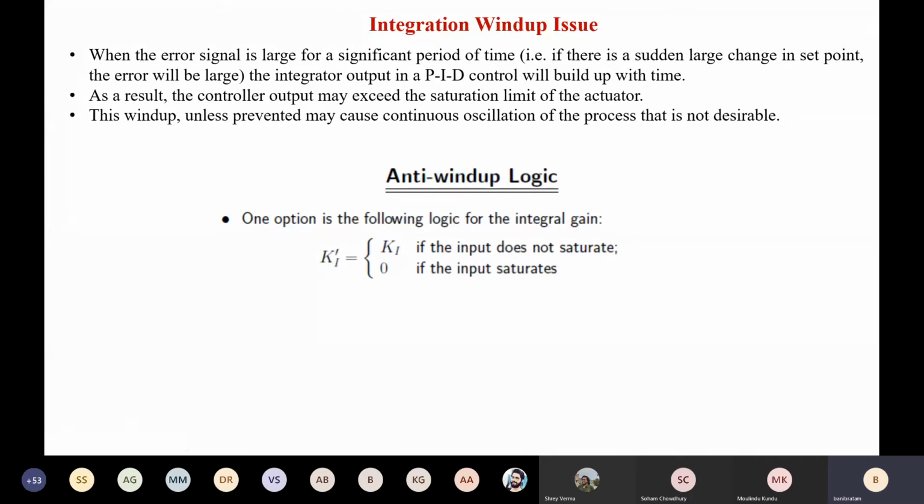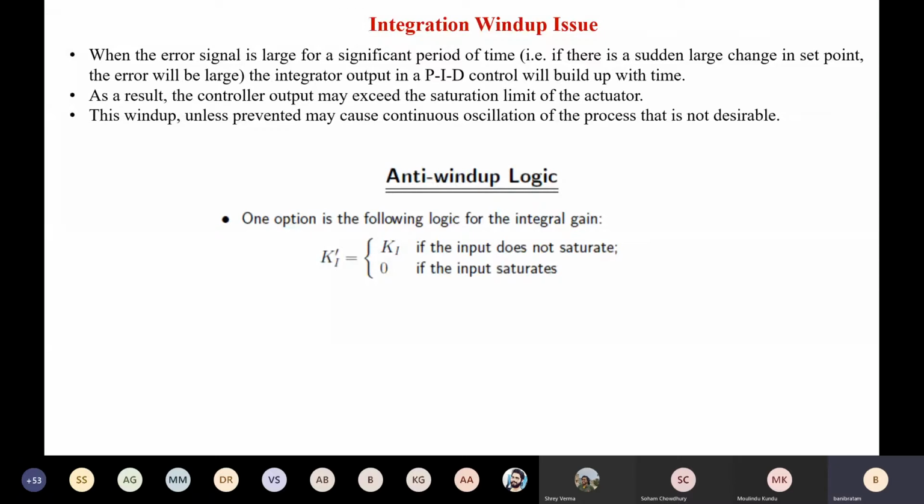So what does it mean? If I implement the PID, suppose in the analog circuit domain, then what will happen? The integral value is gradually increasing like this. That means the output of the controller will also increase like this. And obviously, it cannot increase up to infinity. So there is some saturation. If I consider an op-amp based circuit, the op-amp output cannot exceed the supply voltage, right? So if your error also increases gradually for a long duration, ideally the output can increase infinitely, but it will be saturated after a certain instant.